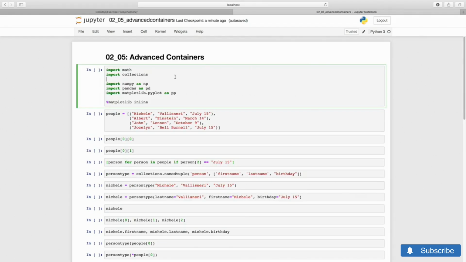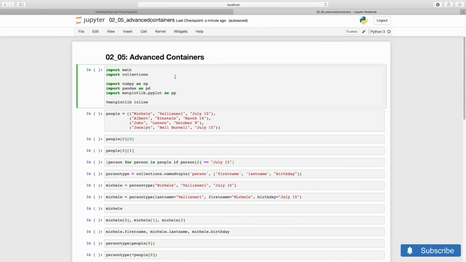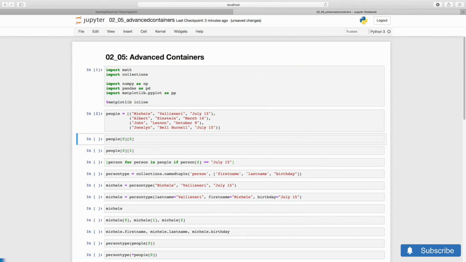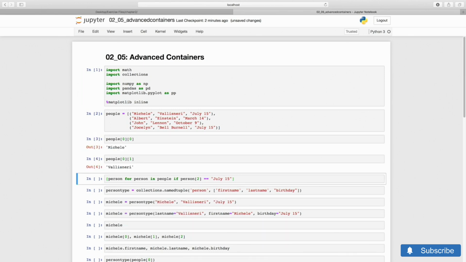As I mentioned in the video about sequences, tuples are similar to lists, but we cannot change the elements after creating the tuple. The formal way of saying that is that tuples are immutable. Tuples are very useful to store data records, when we think that we are not going to modify the values. For instance, a list of people with their first names, last names, and birthdays. For each element in this list, for each person, we access the data fields by index. 0 for the name, 1 for the family name.